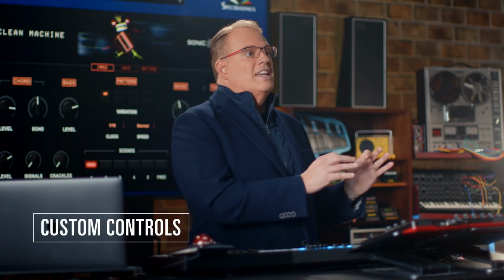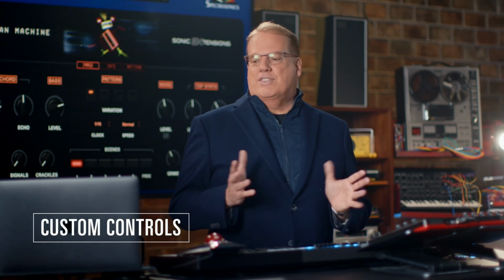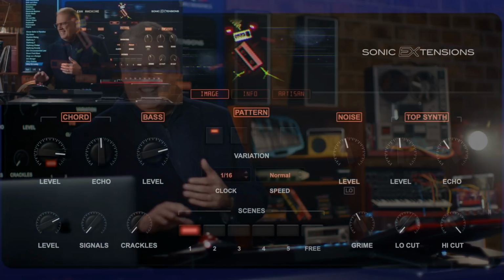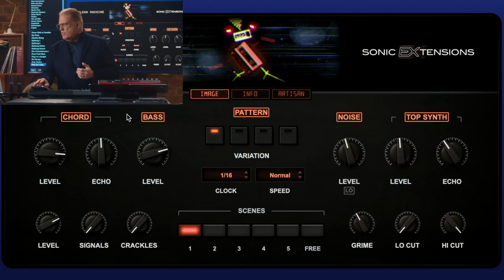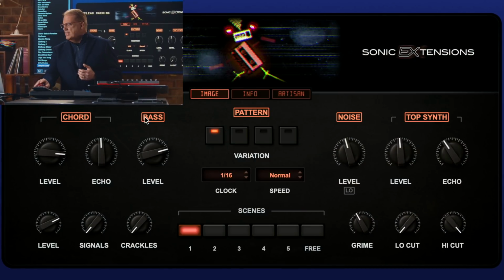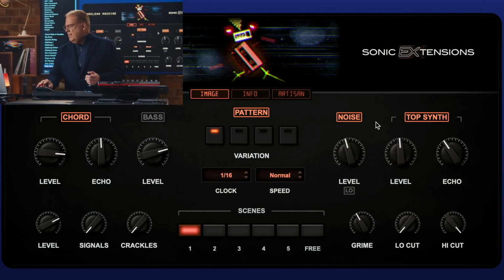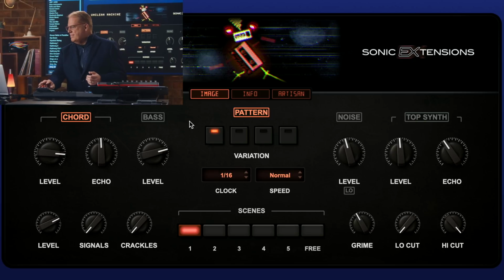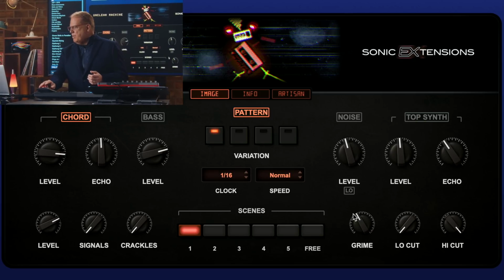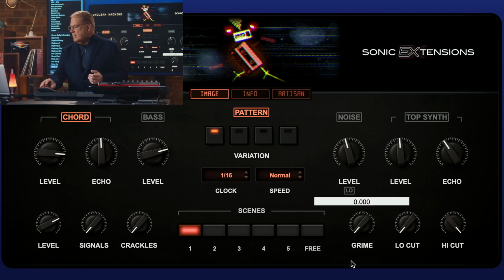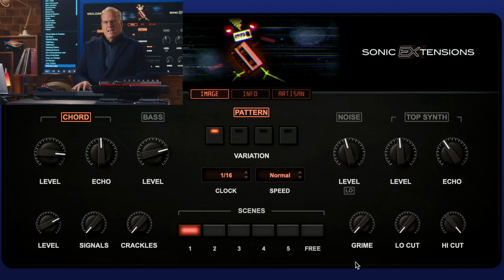Well, since every patch in Unclean Machine has a unique set of custom controls, it's super easy to customize the sound to taste. So let's take a look at the interface. And here I've got controls for all the different elements of the sound. So I'm going to take out the bass, the noise, the top synth. So we just have the chords, and I'm also going to turn down the grime a bit here. And now we've got a nice clean,